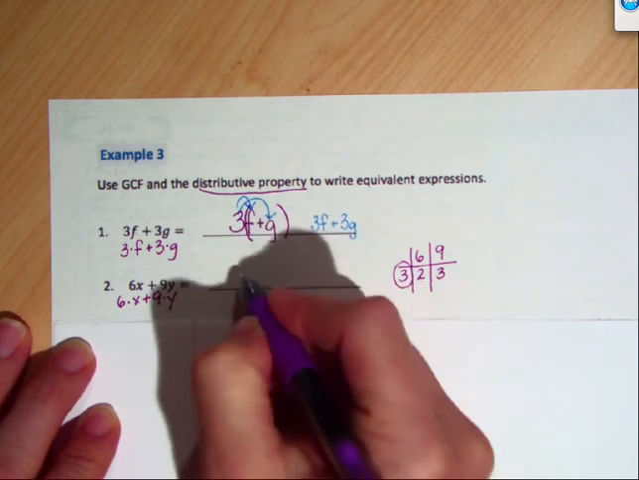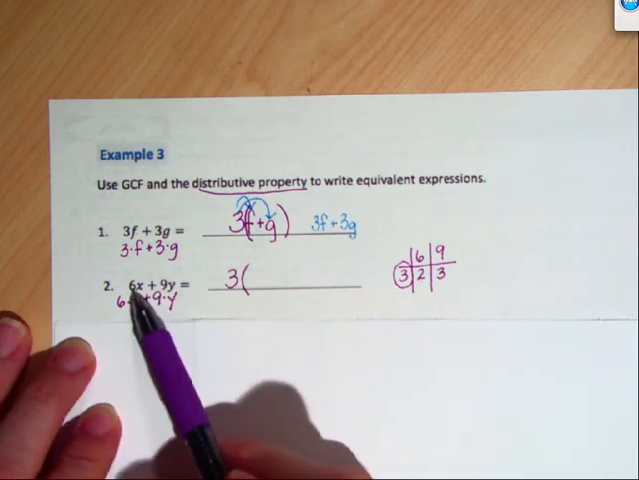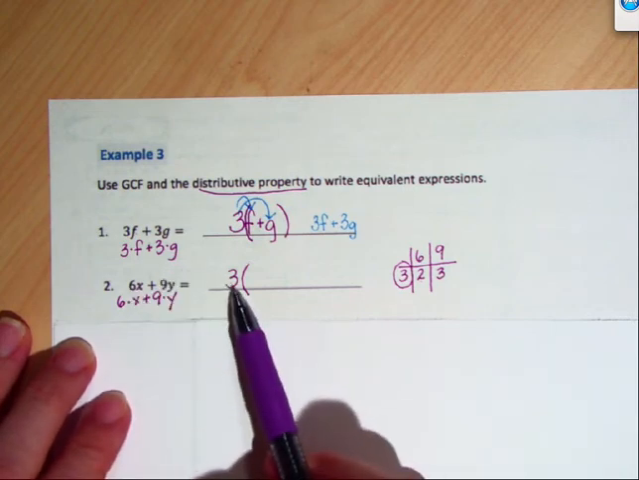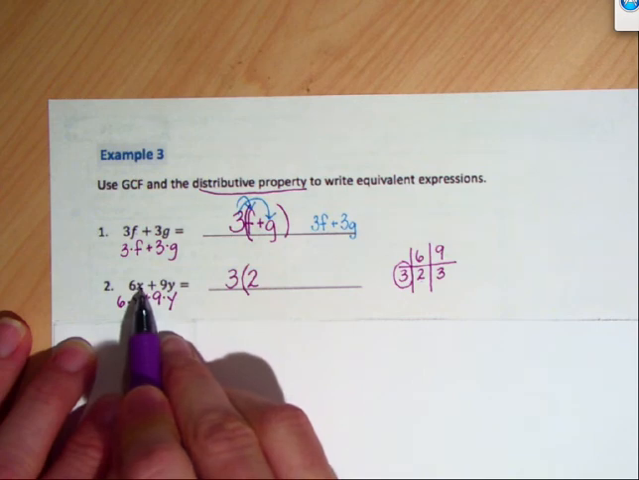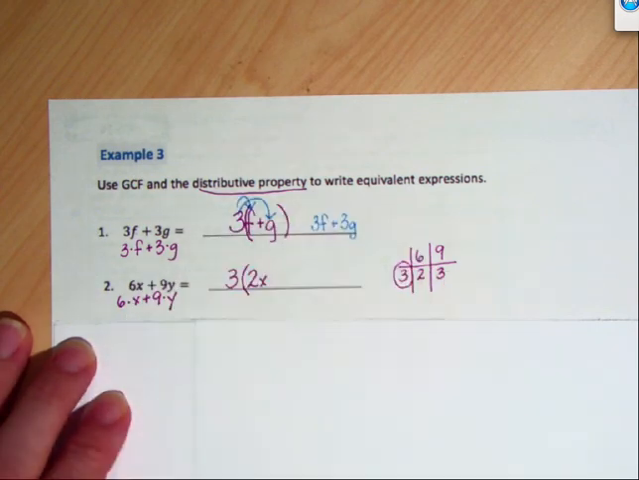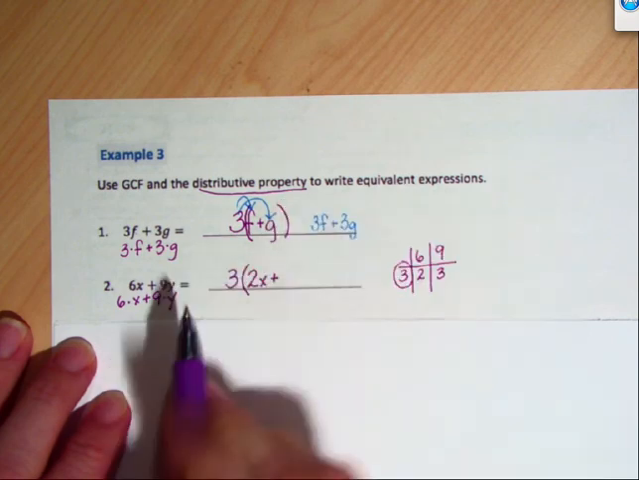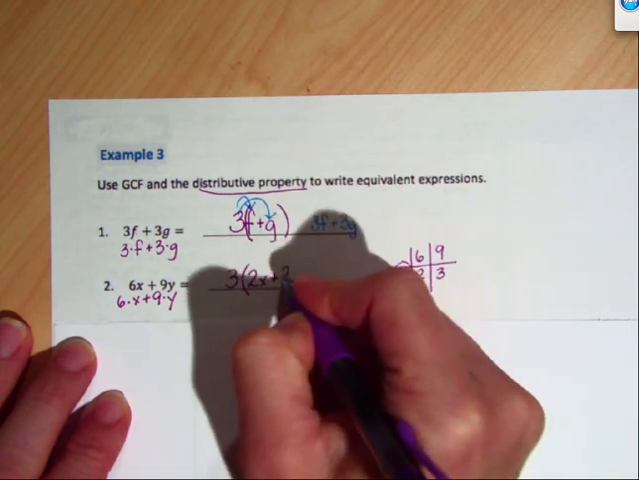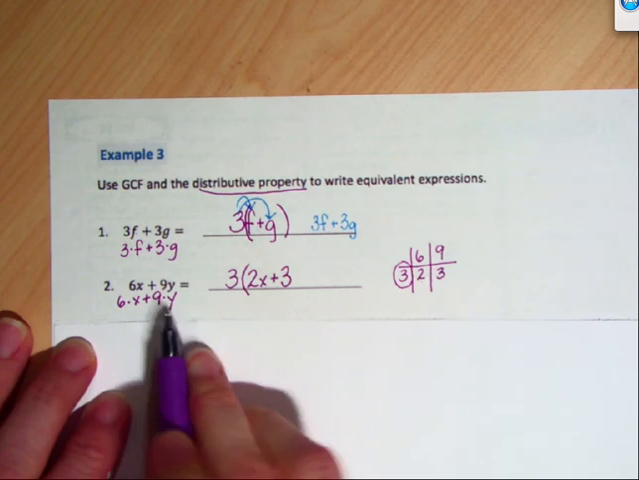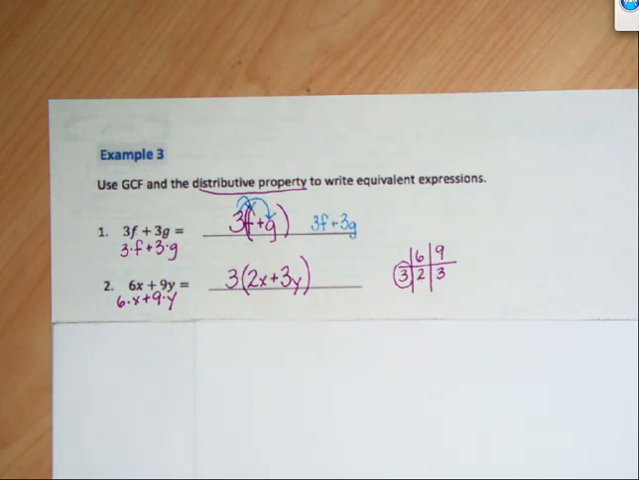So I'm going to put 3 on the outside of the parentheses. Now is where it gets a little bit tricky. I need to take 6 and divide it by 3. 6 divided by 3 is 2, so 2x. 2 is still the coefficient that goes with the x. Now I'm going to take the next coefficient. Well, I'm going to add, because that's what my original problem tells me to do. I'm going to take my next coefficient of 9 and divide by 3. 9 divided by 3 is 3. I'm going to keep my y, my variable, and my new expression, its equivalent, is 3 times the quantity 2x